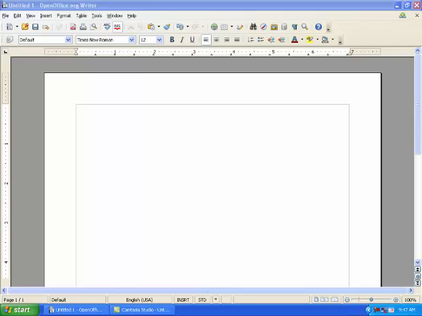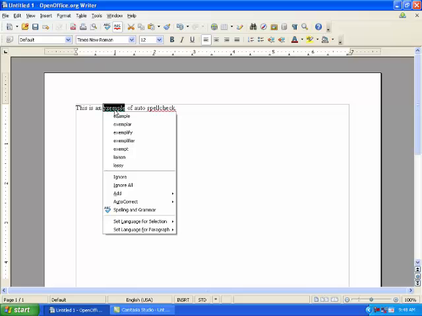So I'm going to demonstrate the first way, which is the auto spell check. I'm just going to type a silly little sentence here. This is an example of auto spell check. Alright, you can see here I misspelled example. I get my wavy red line underneath it. If I right click it, it gives me a list of words, and so I can put in here